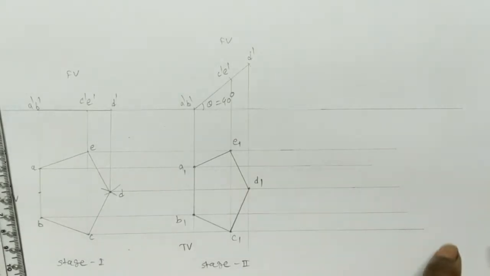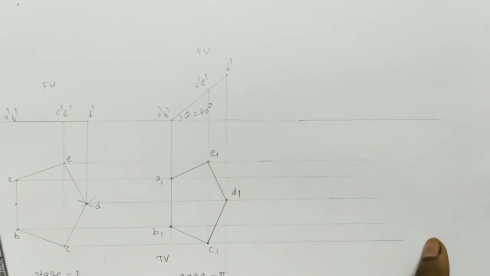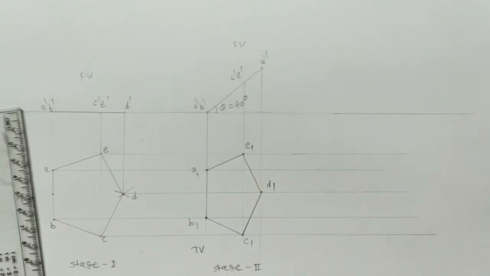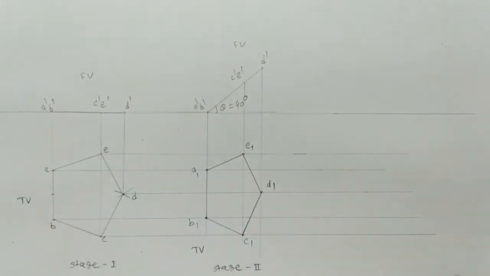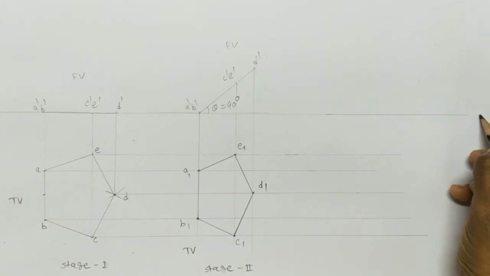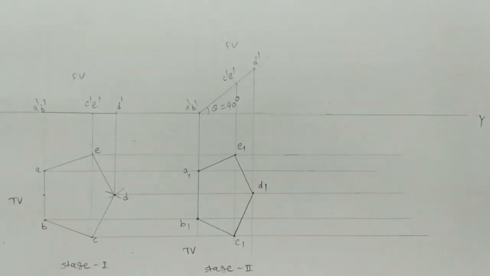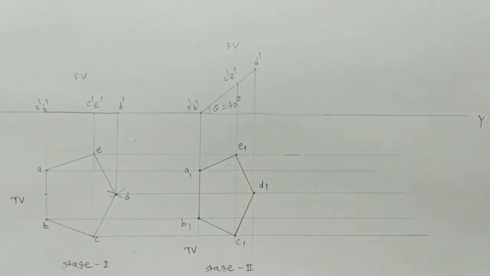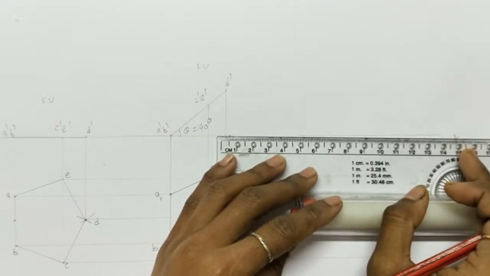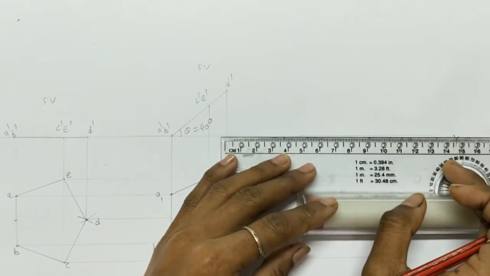So for the side view, we take the XY line we have already drawn. This is X and here Y. So the XY line is already drawn. Then draw the X1 Y1 line and a 45-degree angle line for drawing the side view. So for this we will take a symmetric distance, that is, measure